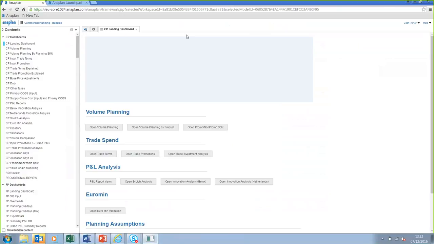So what I'm going to do is start with, again, the basic structures, which are going to be volume planning, trade investment creation and management, P&L, and then the planning assumptions that are part of the system. Okay, so we're going to start with some basic background on the